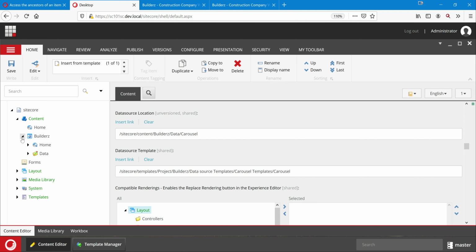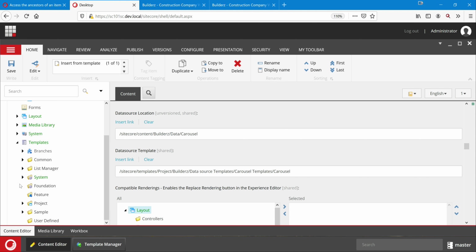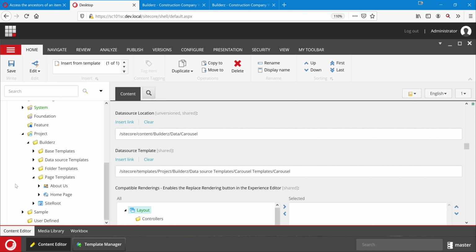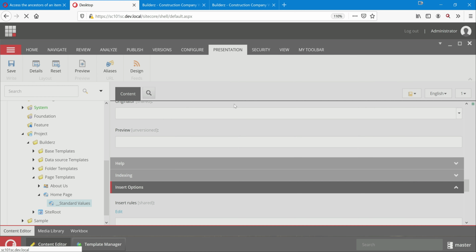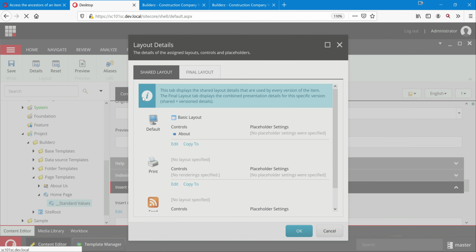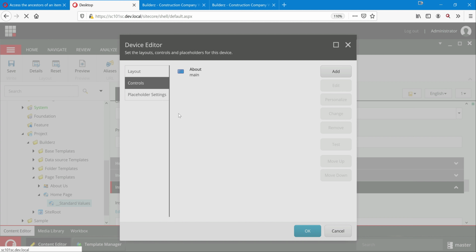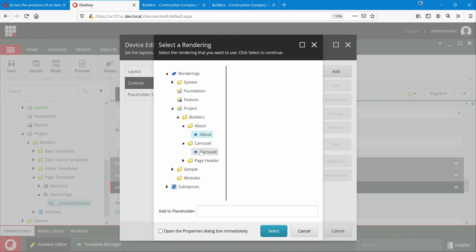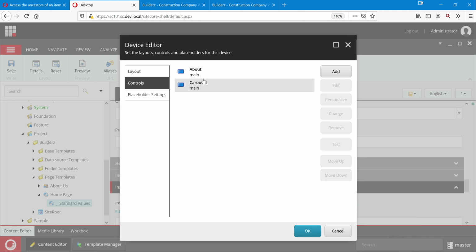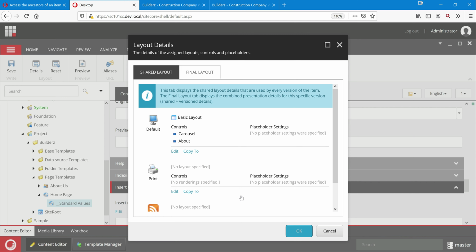So last but not least, let's add this to the home page component, sorry, home template, so that literally everything will be done from here. We can go and just build the code. Home page, standard values, presentation details, and about is there. Let's add Carousel also into the main. Select, but about will come down and Carousel first, right? So let's move up, close, okay,